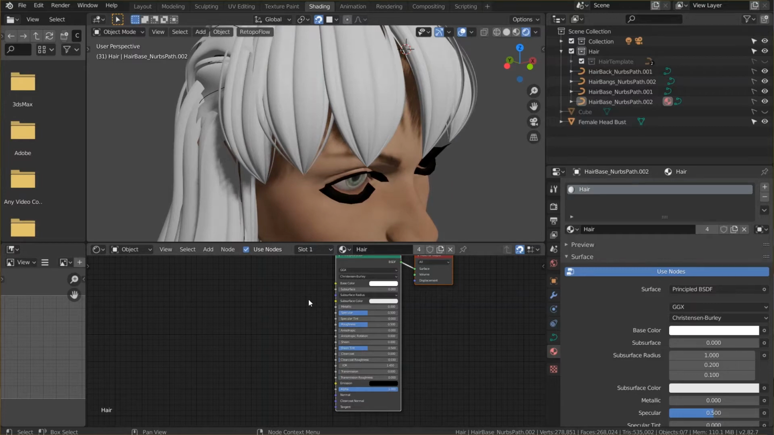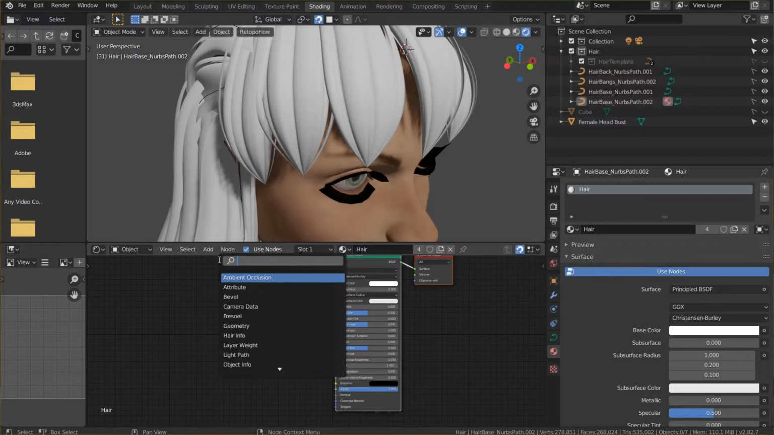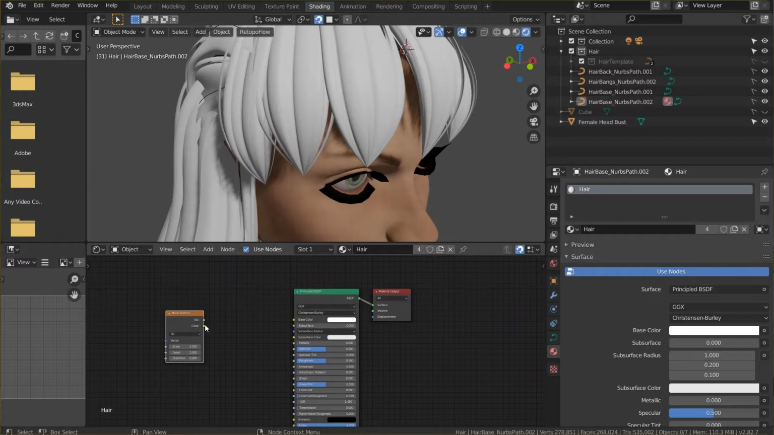Now we're going to be working with a lot of different nodes here. So in order to search for a specific node, what you can do is go over to this Add button and click the search button, and then you can look up any node that you want. Now the first node that we're going to need is a noise texture. And when you set this noise texture's color output to the base color,